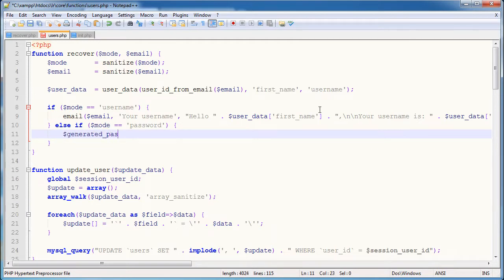So what I'm going to do is say generated underscore password is equal to, I'm going to use the rand function, and this generates a random number between a specific set of numbers. So I'm going to say between 999 and 999999, and then I'm going to hash this. That's nothing to do with hashing their password for them to use, but now what I'm going to do is say